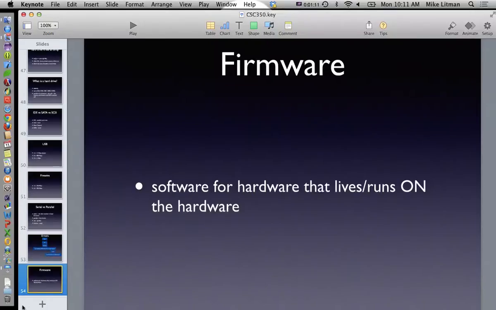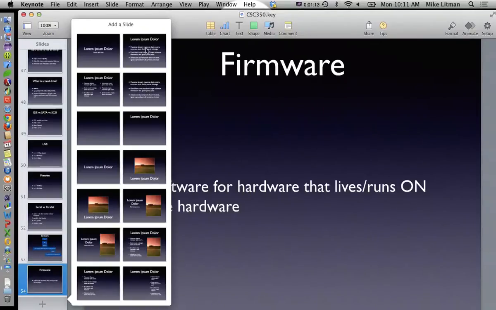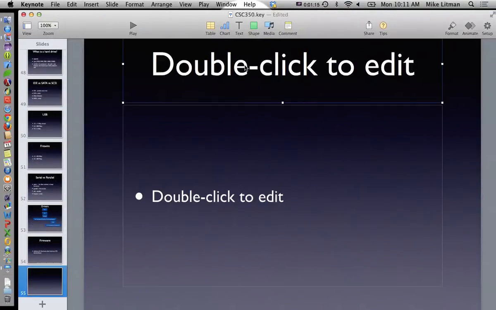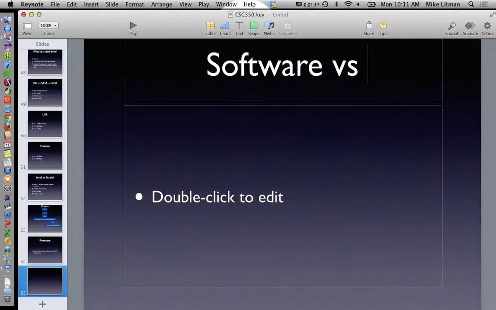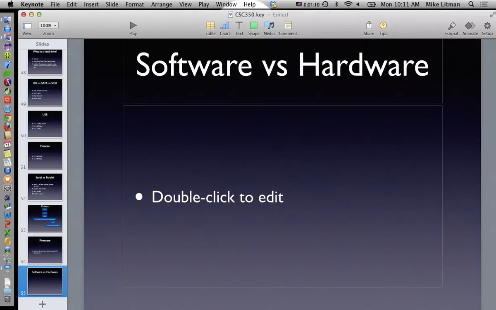Well, maybe we have to have a differentiating point between software and hardware. What's the difference between software and hardware, besides the word? Well, hardware is physical. Actual element. And software is what runs on the hardware.